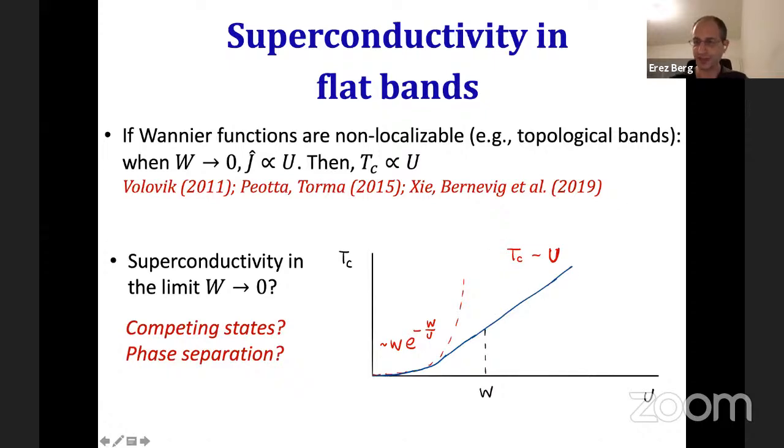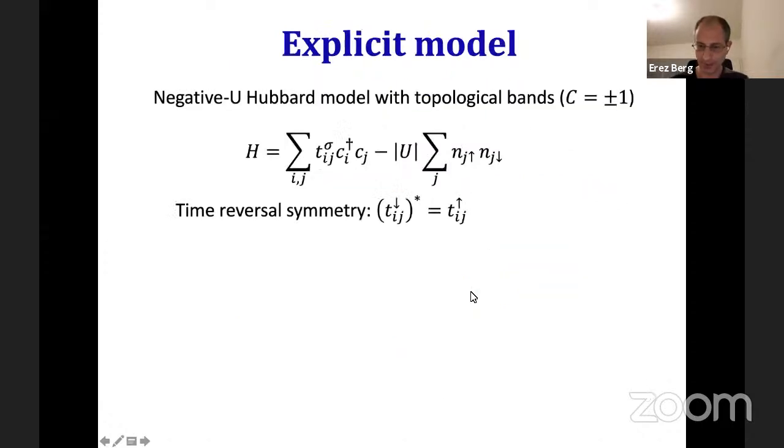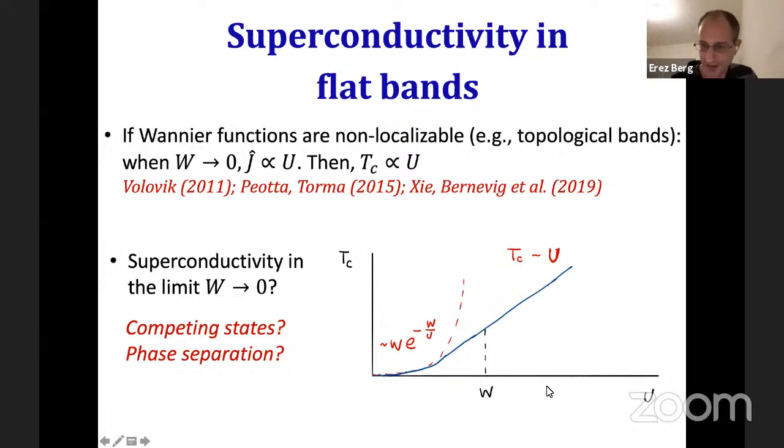And if this is the case, then we should have a phase diagram that looks like this. So this is again TC as a function of U. This is the bandwidth scale, and suppose the bandwidth is very small of the active band. So when the interaction is much smaller than the bandwidth, again BCS theory is obeyed. But when the interaction is larger, then TC should become linear in U. It should grow linear in U. And how much can it grow? Of course, it cannot grow indefinitely. At some point, U would become bigger than the gap to the next band, and then we'll have to evaluate things again.